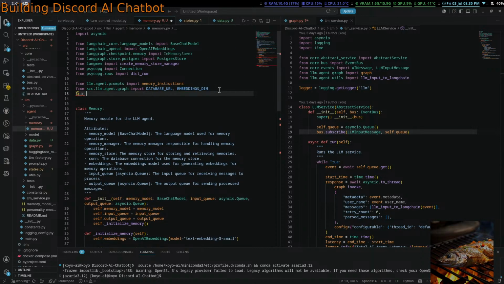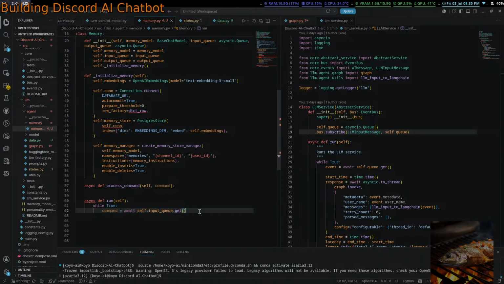And then from LLM. Why is it src? From LLM.agent, or is it .data? Import. Oh, llm.agent.data. Okay, I'm kind of stupid.